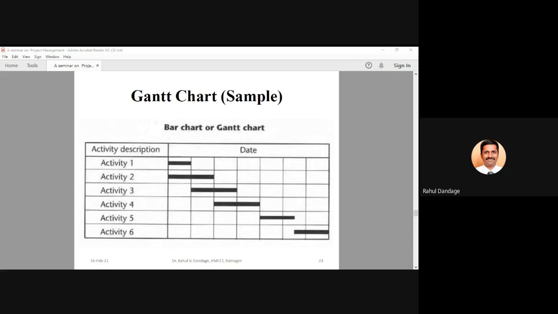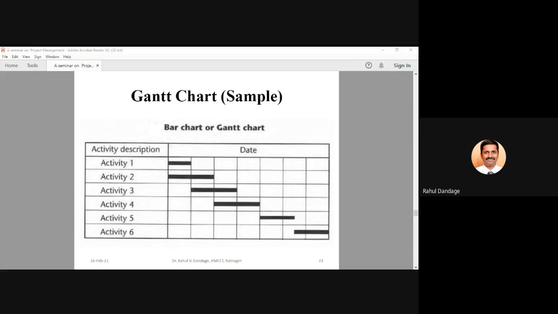Don't go by this chart. In this chart, what they have shown is activity 1 and activity 2 both are independent. They are not depending on each other. They are parallelly started. But I am considering another situation. If activity 2 is dependent on activity 1, unless and until 1 is finished, we cannot start with activity 2. Then how much duration will be required for completion of activity 1 and 2 together? 3 weeks. 3 weeks, correct? Yes.